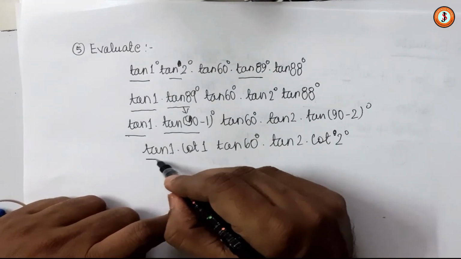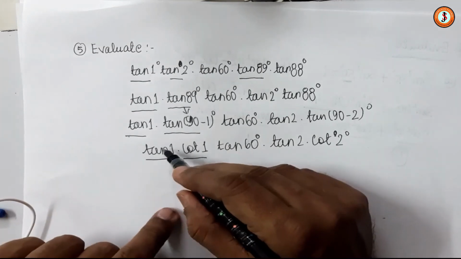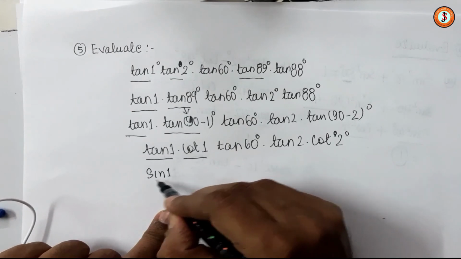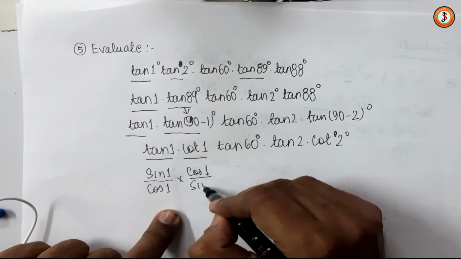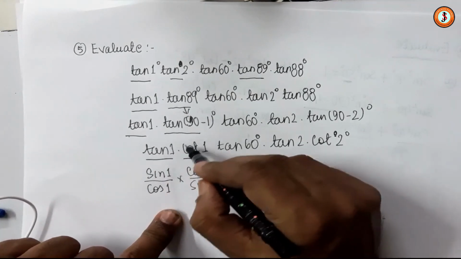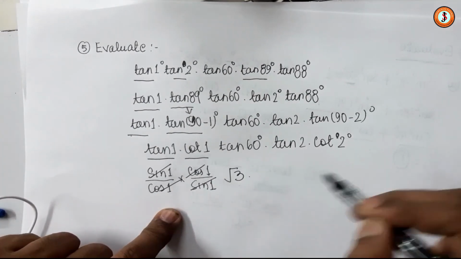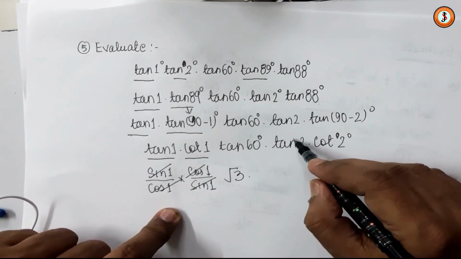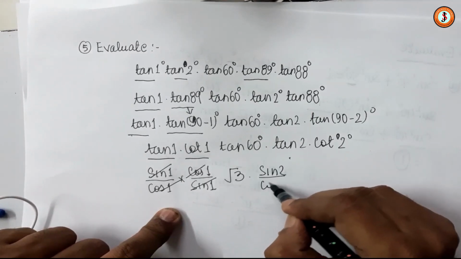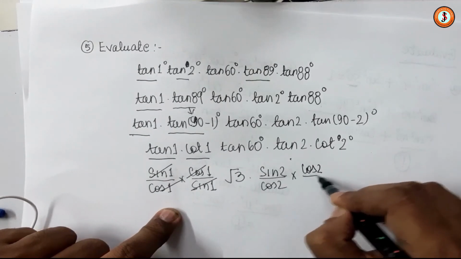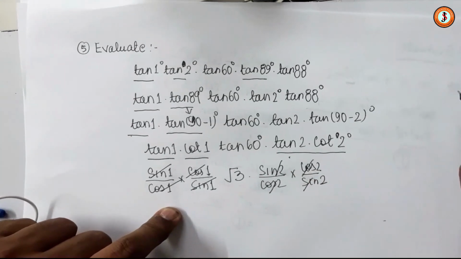Now here you have to understand tan theta is p by b and cot theta is b by p, so they cancel out. So these two will sum up to what? I can write tan 1 as sin 1 by cos 1 and cot 1 as cos 1 by sin 1. Just to explain you, otherwise tan theta into cot theta is always 1. So this goes off, so this is 1. Tan 60 value from the table you have to see root 3, and tan 2 and cot 2 will be 1, because this will be sin 2 by cos 2 and this will be cos 2 by sin 2. So sin 2 by cos 2 into cos 2 by sin 2. Otherwise straight away, however you can write this, I am just explaining, you can straight away write this as 1.